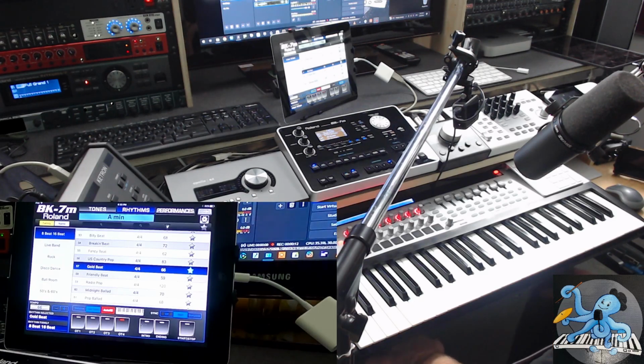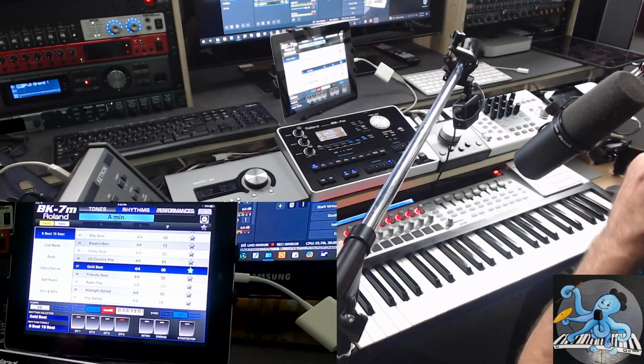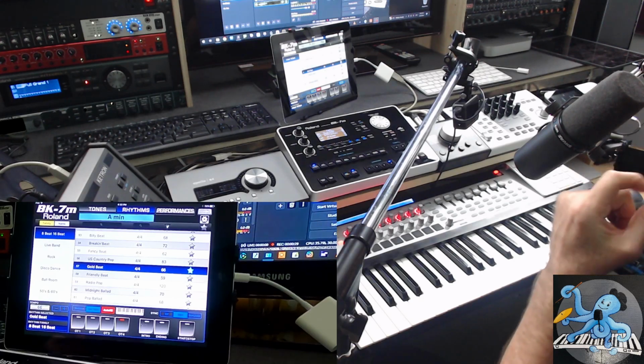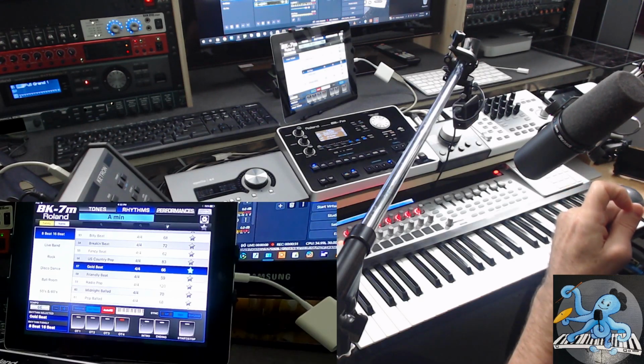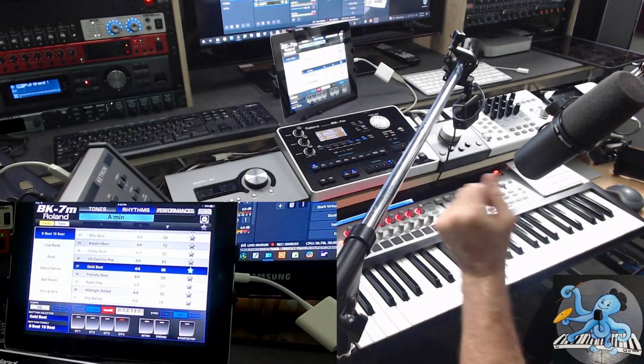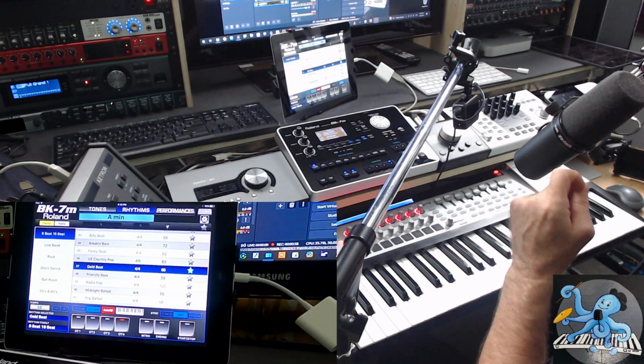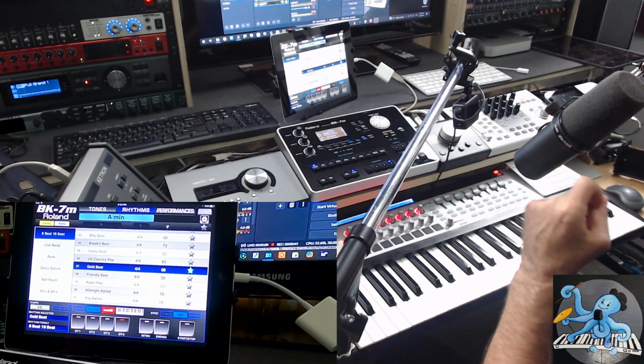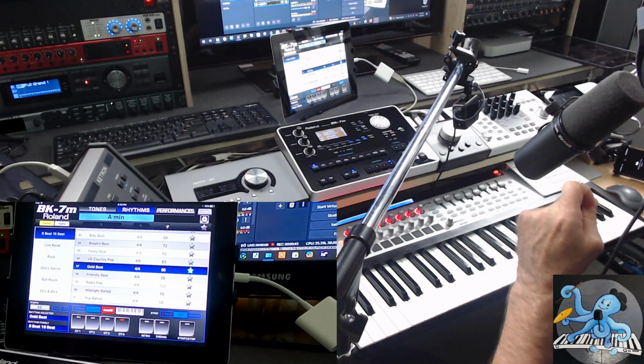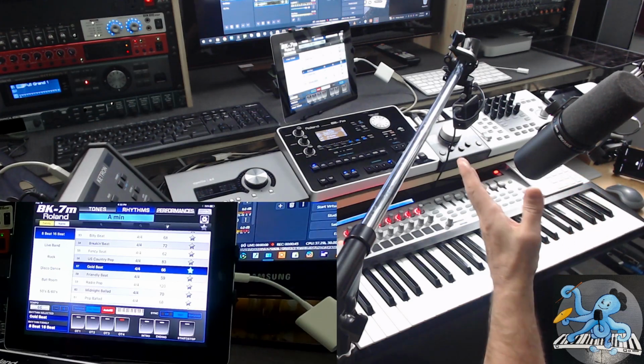I feel very sorry because I didn't have the opportunity to try this Roland BK-7 several years ago when it came on the market. Actually, I had the opportunity to see that module, but I didn't pay much attention to it. But now I got this module last year from my friend for free, and now I am exploring it, and I can tell you that it's a really good sound module that you can use in live performing, or you can use in a studio